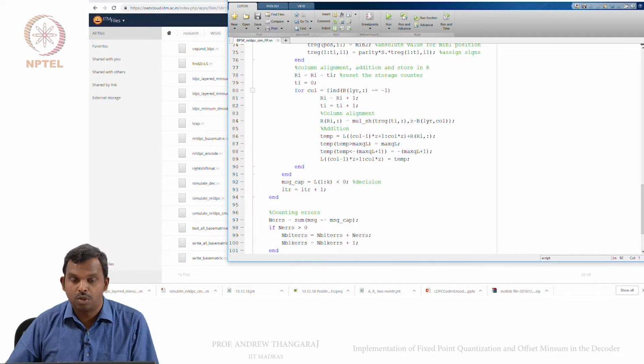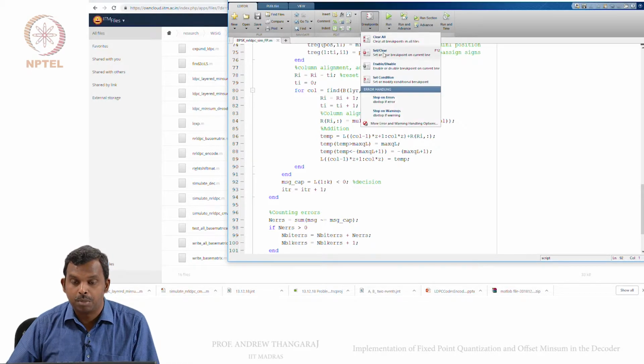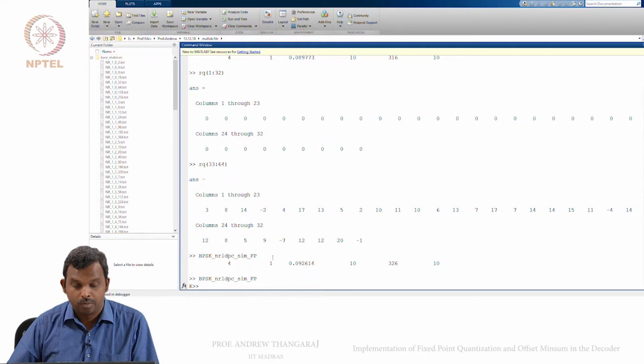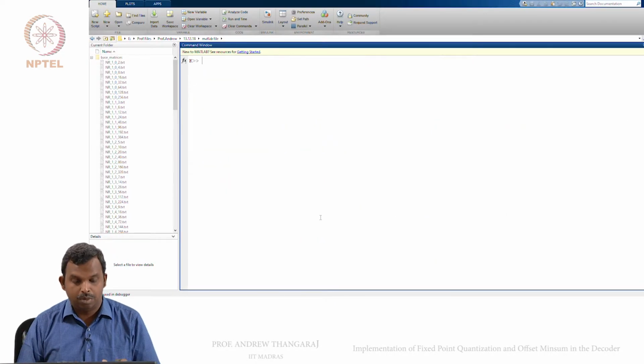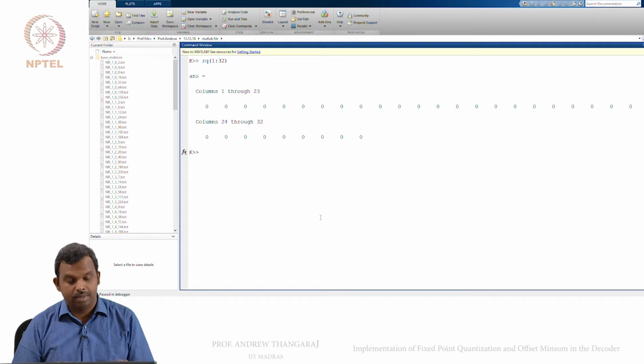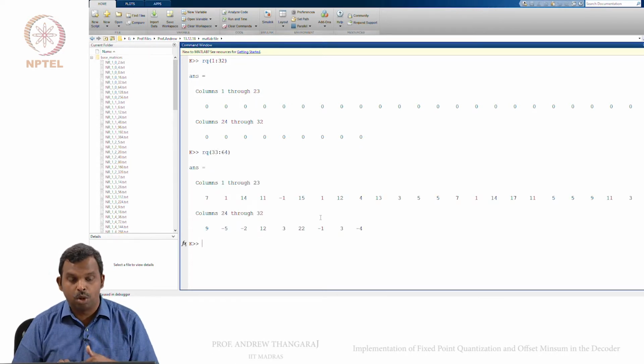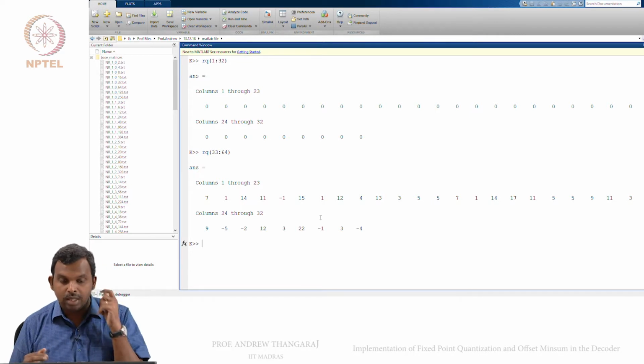This is a good place to stop, set up a breakpoint, okay, and then let us just run, see if this is running. Okay, it seems to be running. Maybe clear the whole thing up. So, let us see RQ of 1:32, this will be all 0 because I am puncturing this. So, if you look at 33:64, the next two blocks, you see a lot of values,